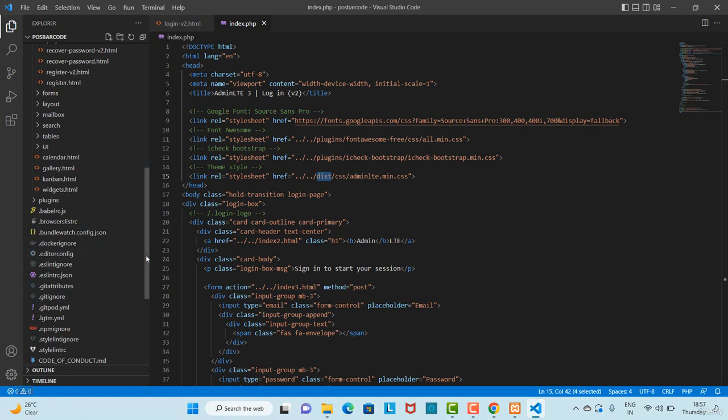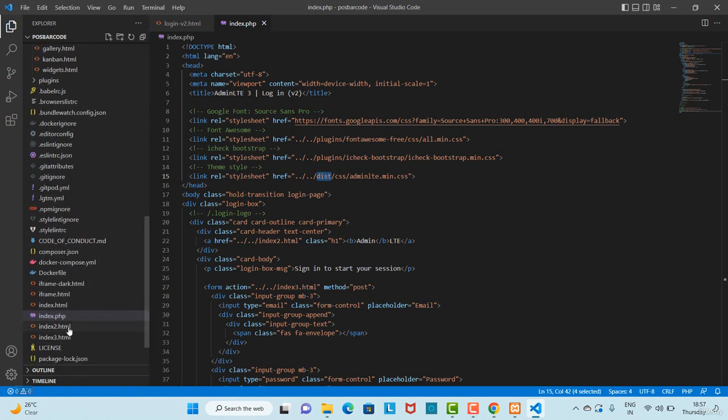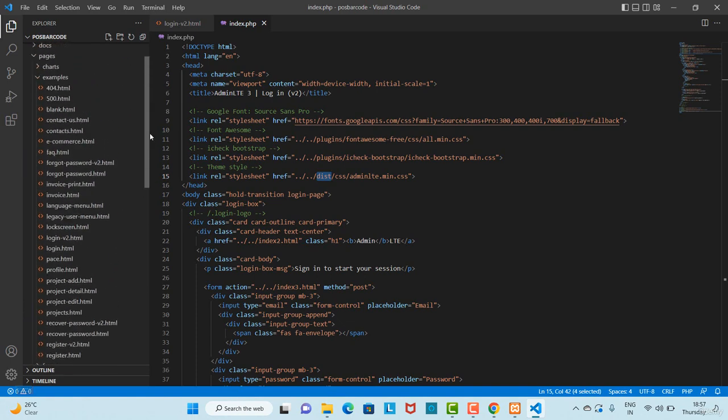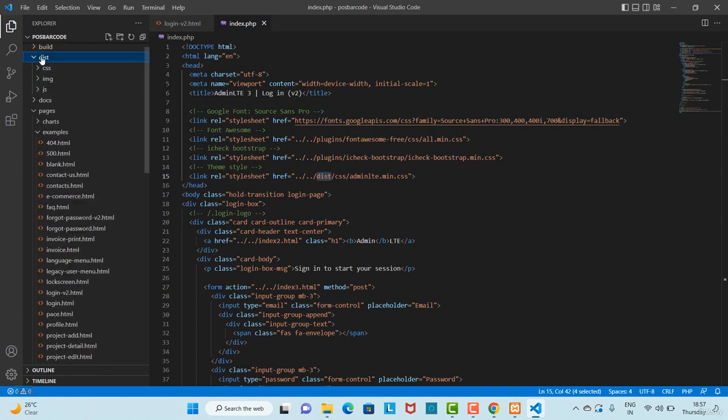So index.php and the dist folder are residing in the POS barcode folder. Both the files and directories, our page and folder, are in the same folder. That's why we don't need to give this relative path, so I am going to remove this,